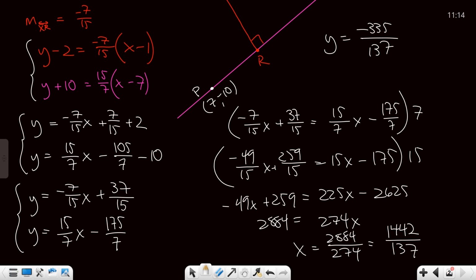Okay, so stop what you're doing for a second, and let's look at my work up there. First of all, aside from the fact that it's gorgeous, I know that's what you were thinking initially. What I wanted to point out is a couple things. Number one, there's a lot of spots to make mistakes up there. The most common mistake that people make is a sign mistake. I've already made one today. For instance, when I distribute the 15/7 to the -7, remember that number has to be negative. So this number here, 105/7, is supposed to be negative. When I move that 10 to the other side, it becomes negative.